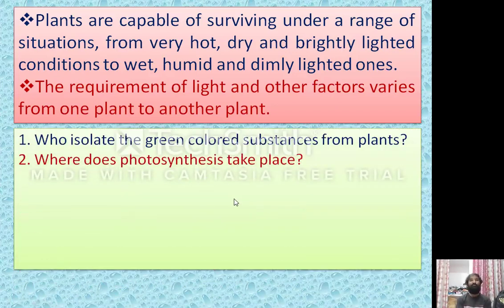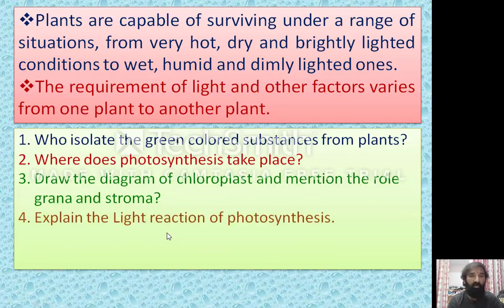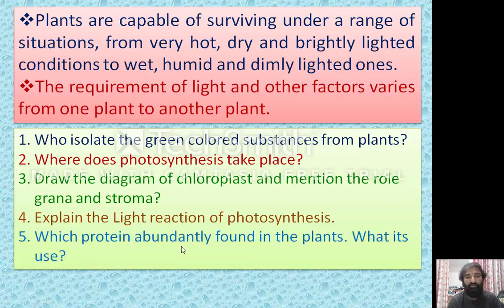Now coming to the questions. The first question: who isolated the green colored substance from plants? Second: where does photosynthesis take place? Third: draw the diagram of the chloroplast and mention the role of grana and stroma. The fourth, a very important question: explain the light reaction of photosynthesis. And the fifth: which protein is abundantly found in plants and what is it used for? So write the answers for these questions